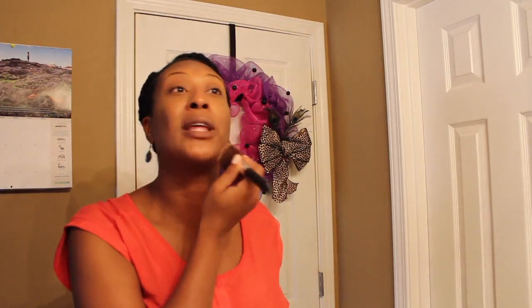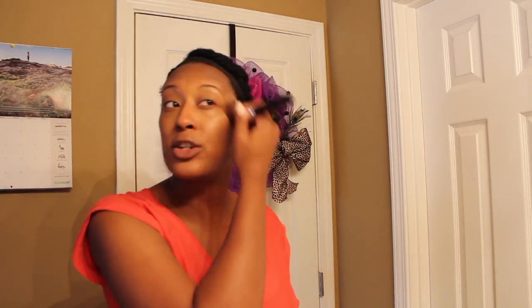And since this is going to be a quick face, I don't contour because this is supposed to be like a 5 to 7 minute face, something that you can put on pretty quickly and get out the door. So since contouring takes a little bit longer, I cut that out if I'm trying to do something quick. So once you have all that blended,